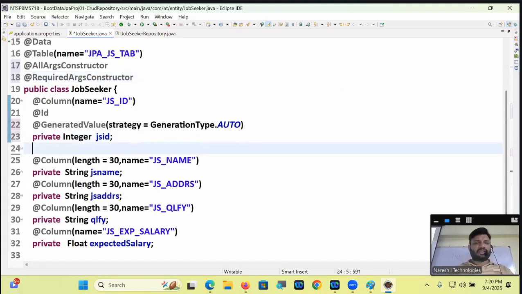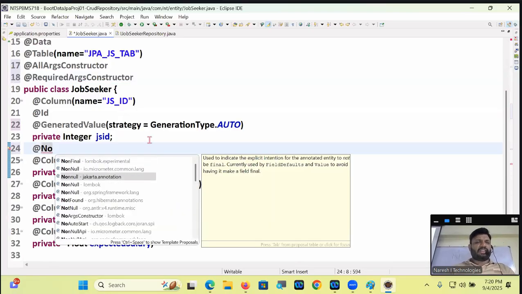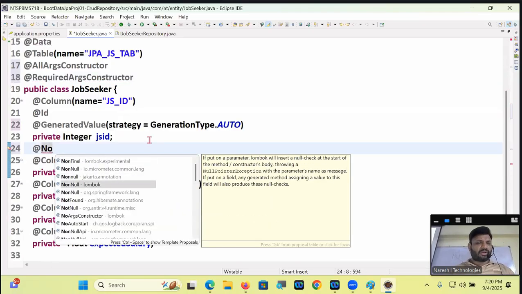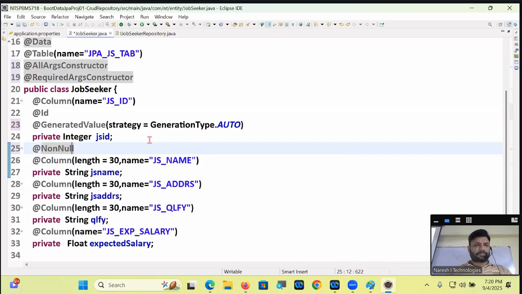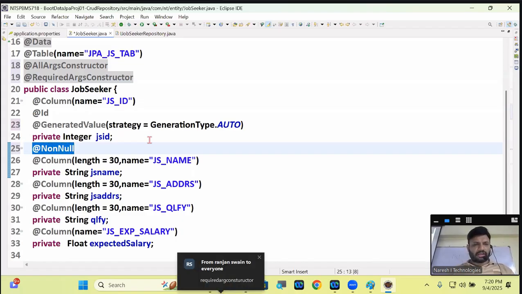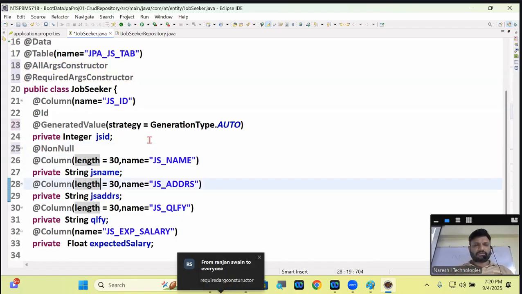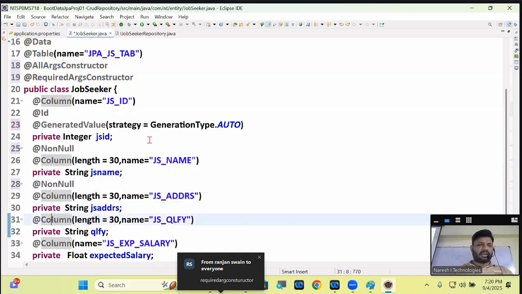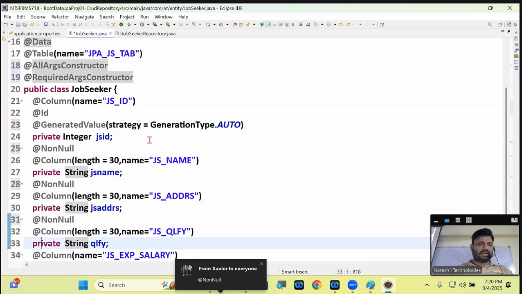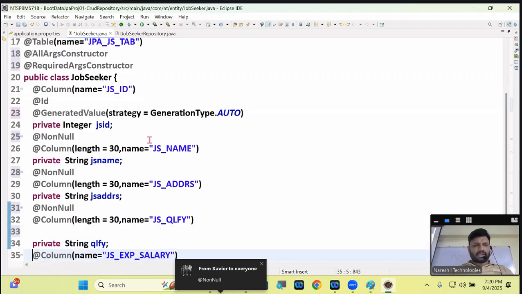In that one, let's ask the Lombok API. @NonNull, @NonNull. Tell me, nice. Come on. Here is my